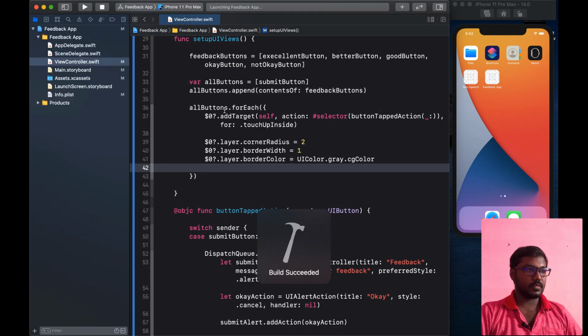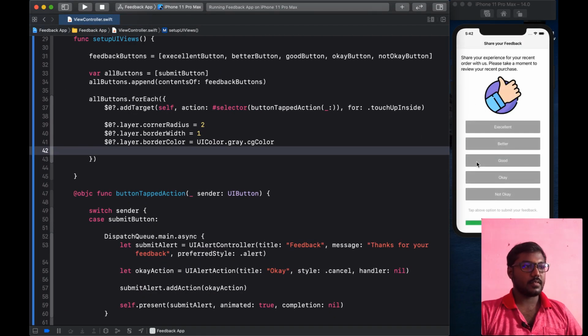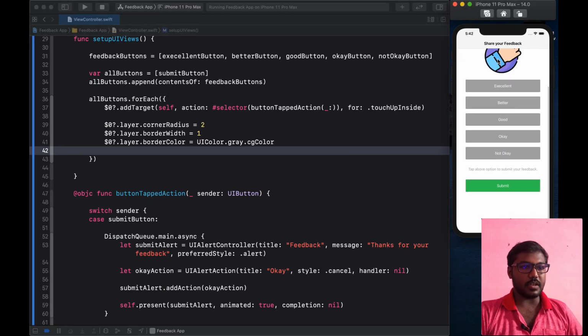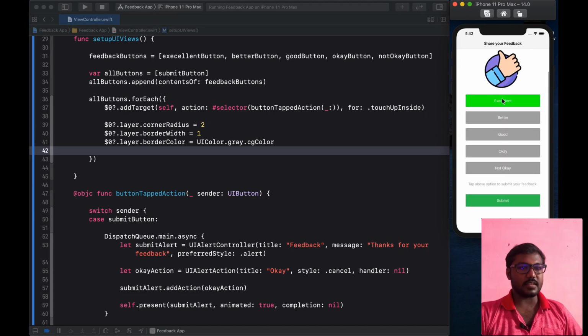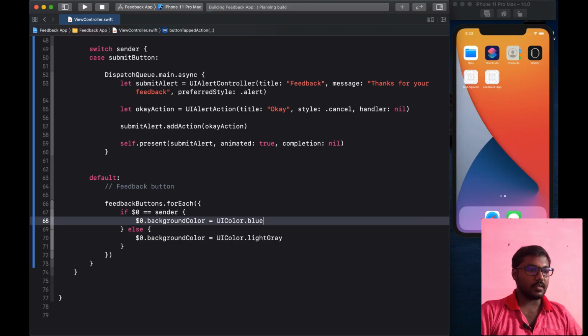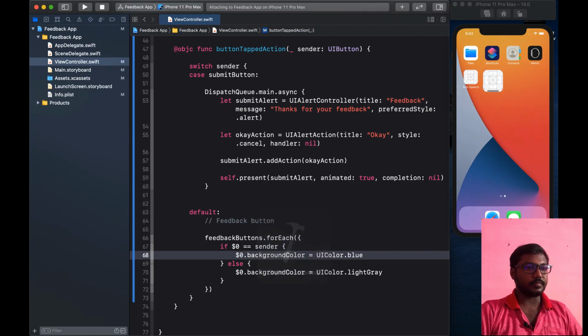Okay, now we are going to run the project. I hope I completed the implementation right. Now we can see a complete feedback page. Right now the design is very good. This is scrollable content, and when we tap the excellent button, the color changes for the selected button, and the other buttons change to gray. The green is not good, so I am changing it to blue, then running again.